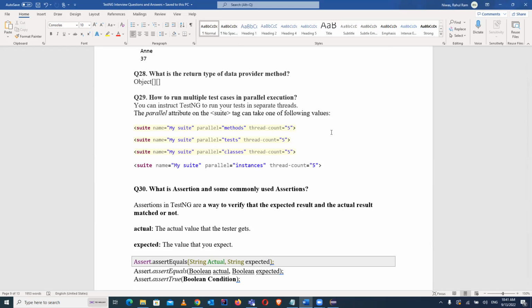Okay, so this is about the parallel tag. You have to define a parallel attribute. Now the question is how you will give the count of how many test cases it will be executing. For that they have given one more attribute, thread count. You have to specify the thread count on the suite tag, that is how many test cases you want to execute. So if you specify 5, in that case 5 test cases will execute in parallel mode,